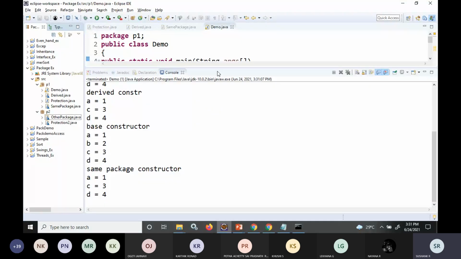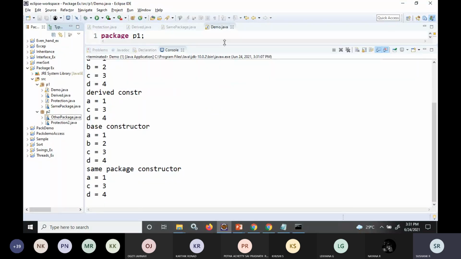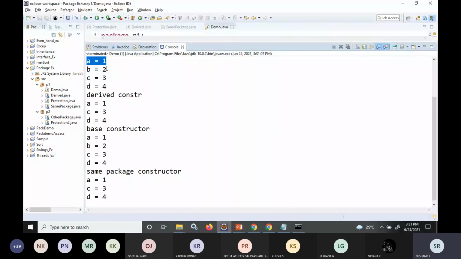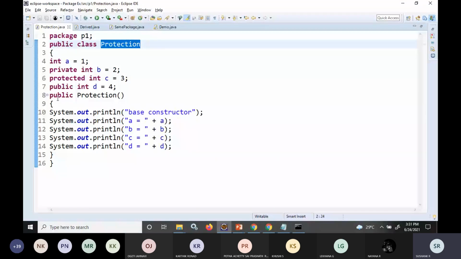If you see this, a means default. A refers to the default, b refers to the private variable, c refers to the protected.